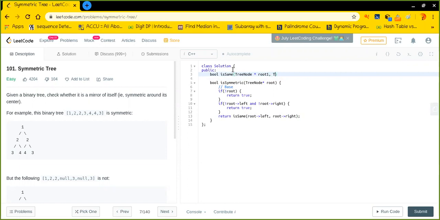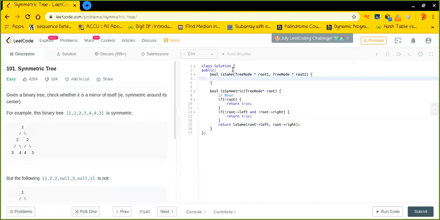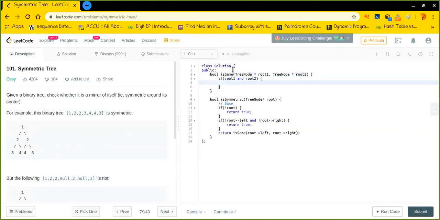That is root 1. This is root 2. Okay, now we will see that if both root 1 and root 2 exist, then what we can do, we can simply do an inorder traversal where the first time we will try to explore the left subtree of the tree which is rooted at root 1 and the right subtree of the tree which is rooted at root 2.